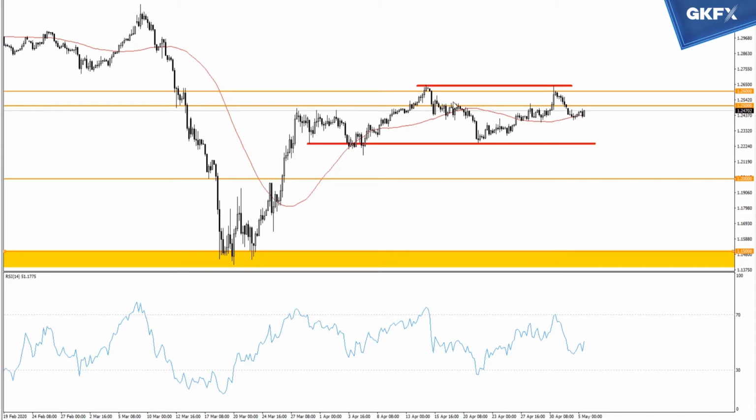And slightly less constructive on the pound, but not such a big deal, is that we're seeing some slight bearish divergence here, where we've had two equal highs, but this high was slightly higher than this. It's not a big concern for me, and again we did make it into overbought territory, which is a sign of strength, but less so is that we also did make it into oversold territory on the last sell-off. So very much range bound at the moment in the pound,